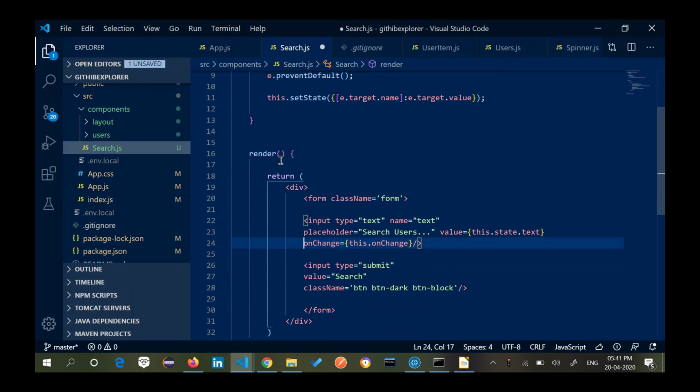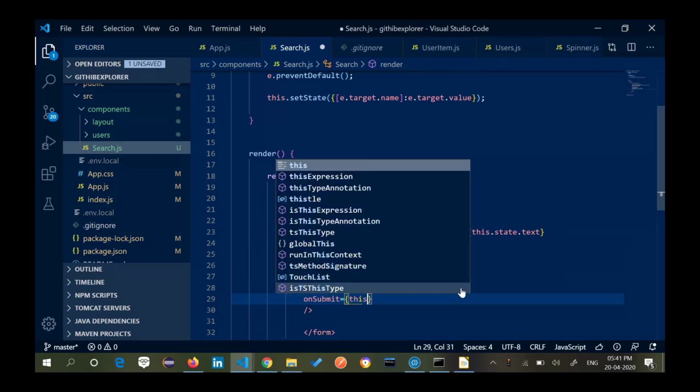So moving ahead, I need to do something when I click on the button. Basically, I will write a method by the name onSubmit. Like we have onChange, we have onSubmit.